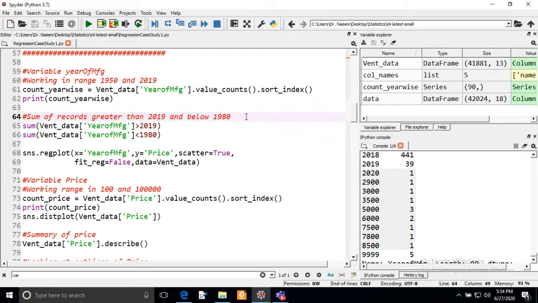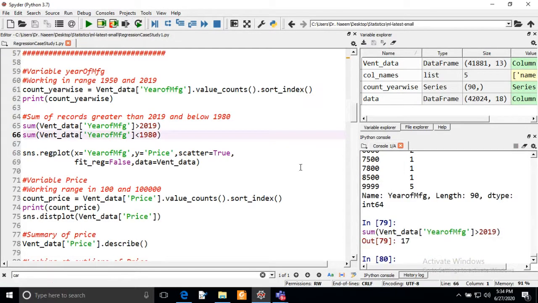I'm taking 1980, and we will see how many entries we get below 1980 and how many above 2019. So I am going to sum up all the records above 2019. Only 17 entries we have, so it will not affect the output of our analysis. It will be easy to remove these entries.